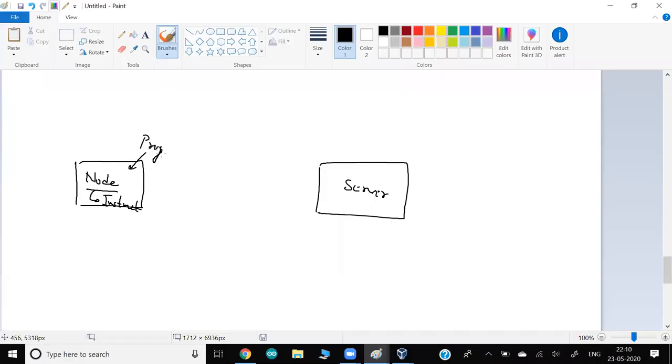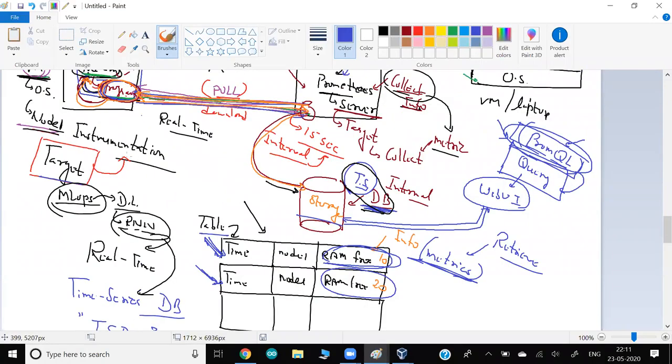That program is typically known as an agent, but here in the Prometheus world, this program is technically known as an exporter. It is not a job, guys. It is an exporter. Job again is linked to this part only. I will explain in a minute what exactly the job is.